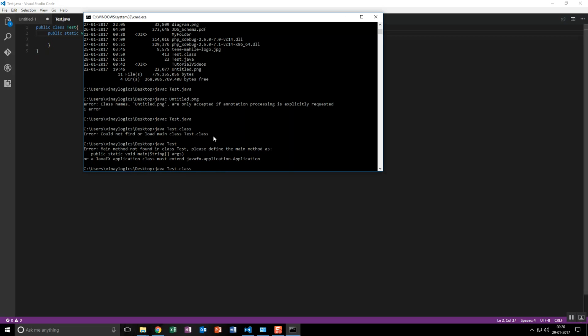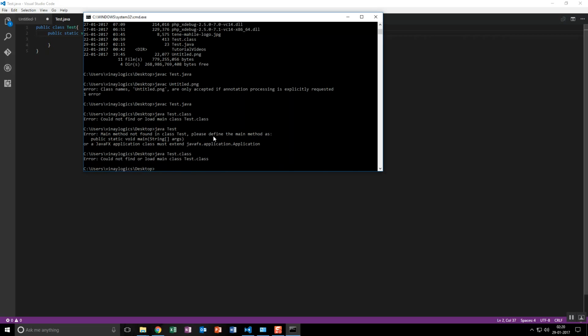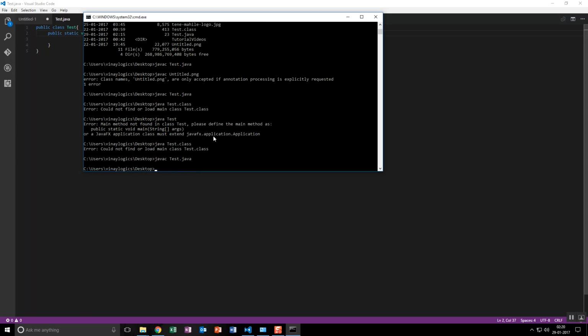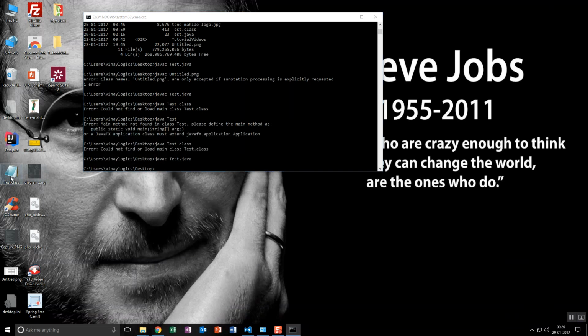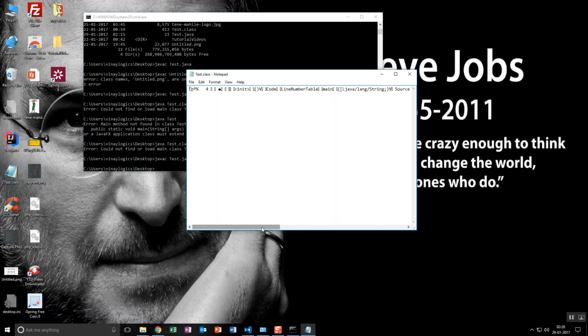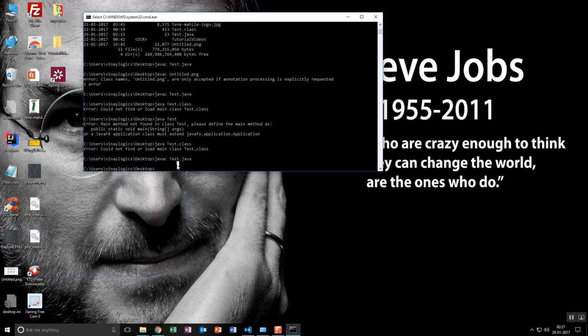You have to recompile the code. Okay, it has been recompiled, and we'll see the bytecode version of it. Once again it is not understandable language, so I think it has been compiled.